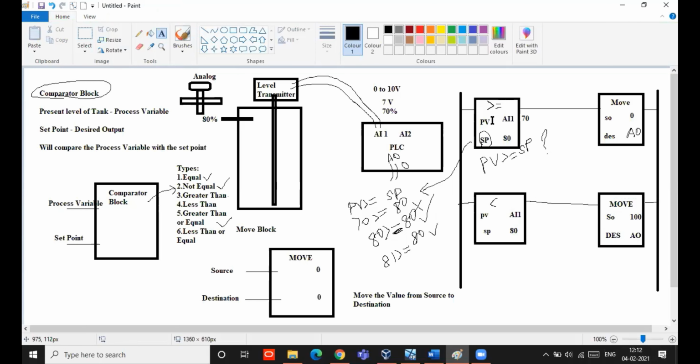Same way, if tank level is greater than the set point, 0% will move to the output. So if tank level reaches 80, valve will be closed. If tank level is less than 80, valve will get opened. So this is how you will be doing the program for analog using this move block and comparator blocks.